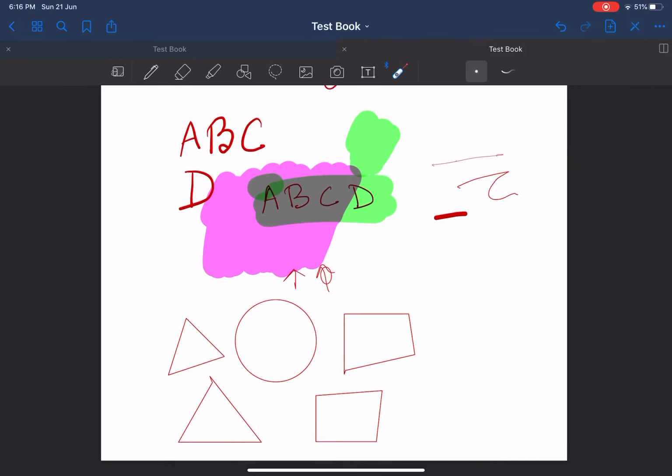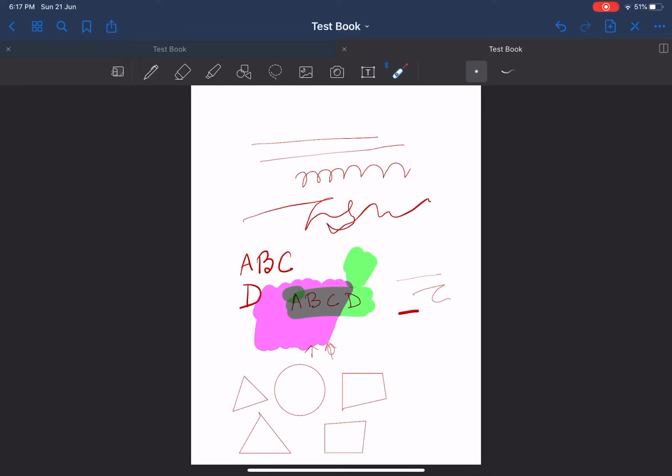So I hope you guys have got a little glance at how to use GoodNotes. In the next lecture, we'll explore what is in Notability. In Notability, when you attend a lecture in the classroom, the teacher's voice can also be recorded in that lecture itself. That is the benefit of Notability. This thing is missing in GoodNotes.